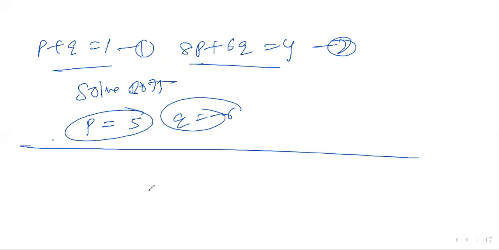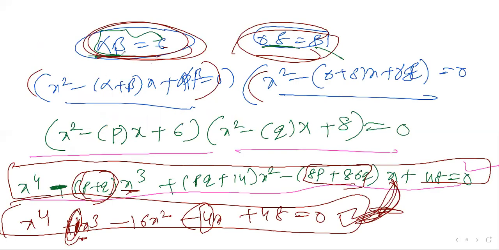After getting p and q, why do you find p and q? That is the question here. Once you know the value of p, you know alpha plus beta. Once you substitute and find q, you get gamma plus delta. After that, you can easily find the rest of the roots. Our aim is to find alpha, beta, gamma, delta.